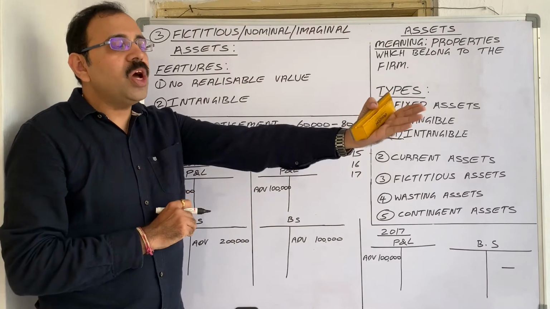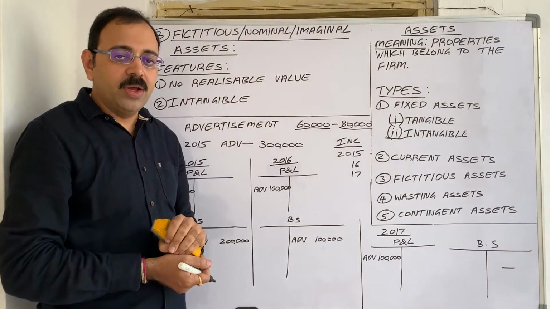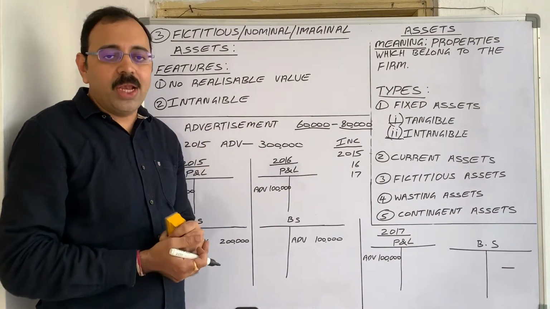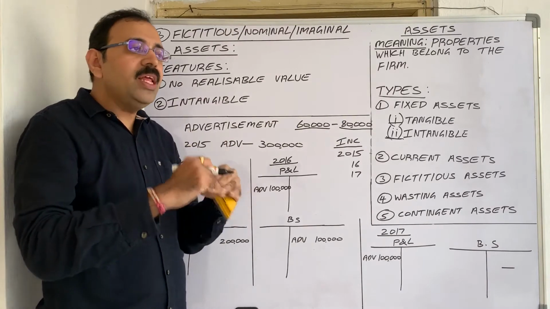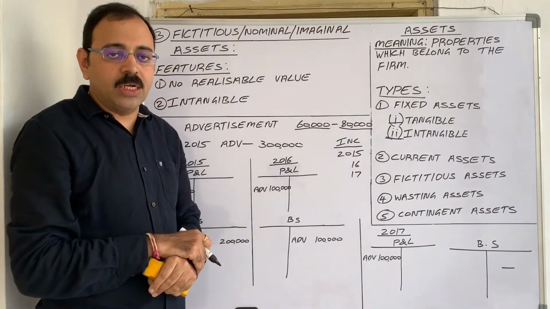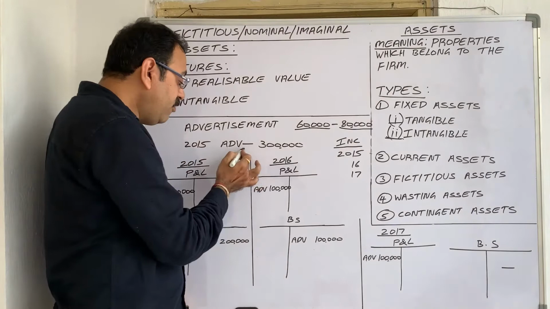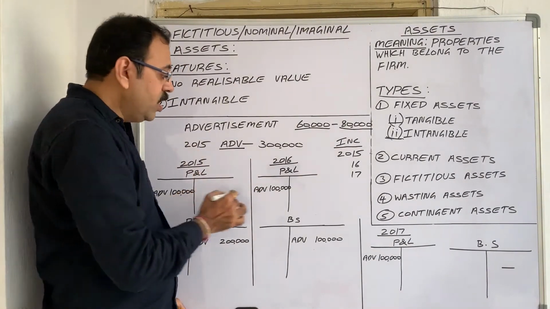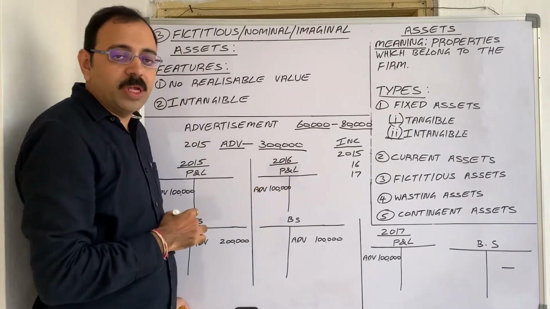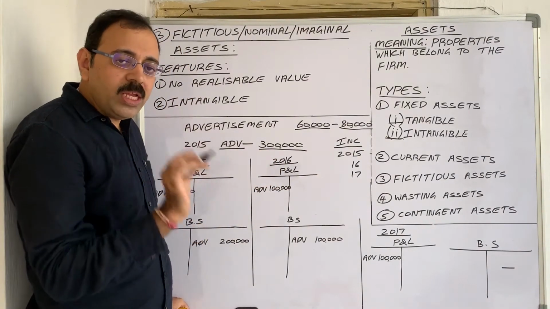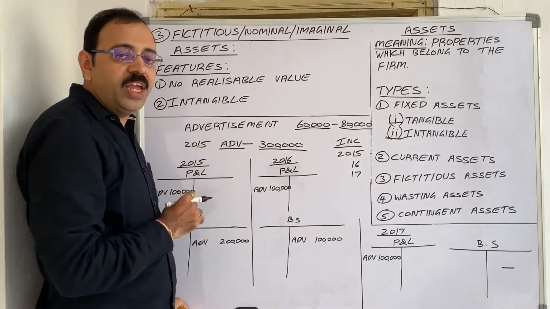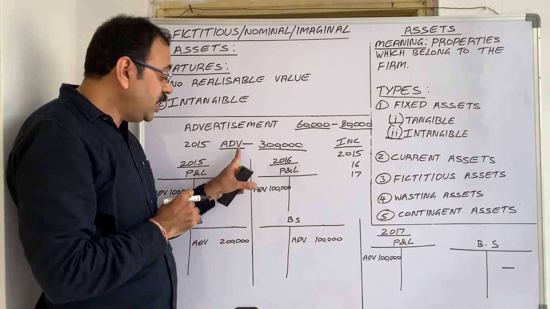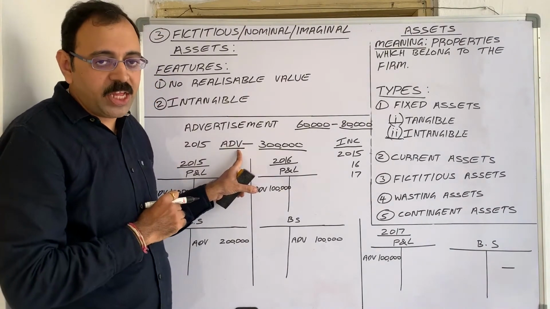Since customers are not aware of this product, to create brand value and make the product familiar to customers, the firm spent heavy advertisement expenditure in 2015. The amount is 3 lakh rupees. This amount is spent in 2015, but since it is a heavy advertisement expenditure,